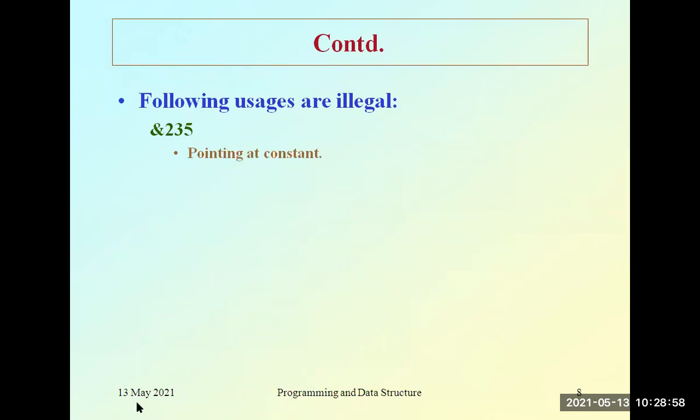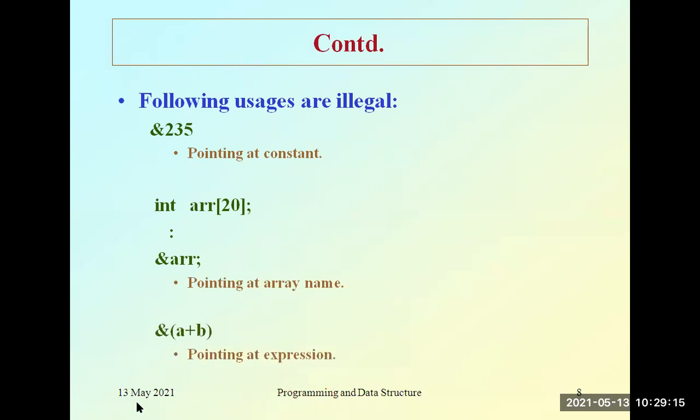Illegal usages: we cannot apply ampersand to a constant value, we cannot apply ampersand to an array name, and we also do not apply ampersand to an expression. These are the illegal uses of the ampersand.